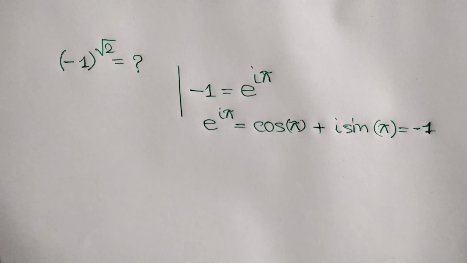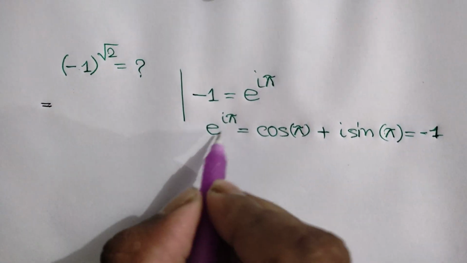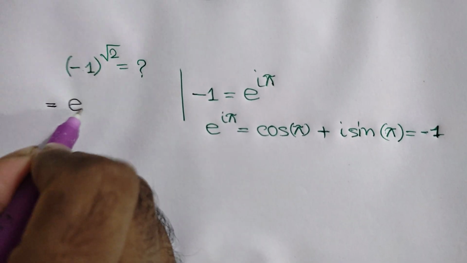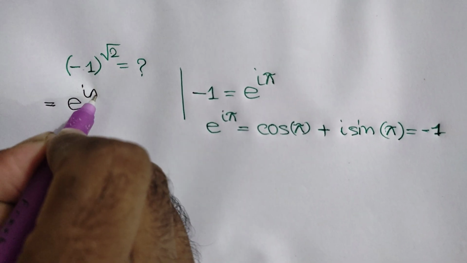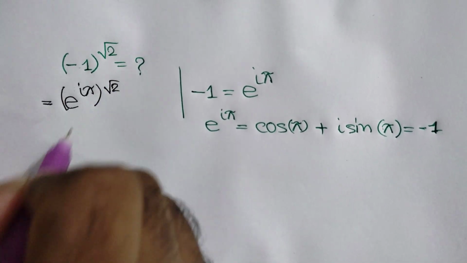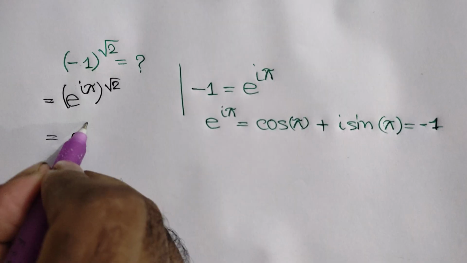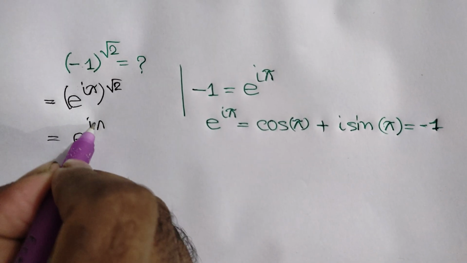So we can write here negative 1 as e to the power i pi, whole to the power square root of 2, which is equal to e to the power i pi